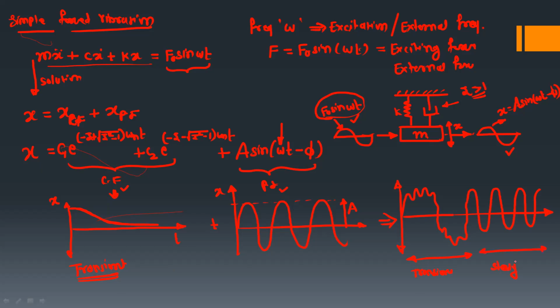The meaning of steady state is that the displacement is not constant. It is varying with the sine function, but its maximum value remains constant. So it behaves as a harmonic motion. So this maximum value is nothing but the capital A. So this is called the steady state. Okay. And therefore, we neglect this transient part in this function, and we just write the final displacement x as a pure sine function, A sine(omega t minus phi). Okay. So this equation we derived in the last lecture. So this is just a revision.